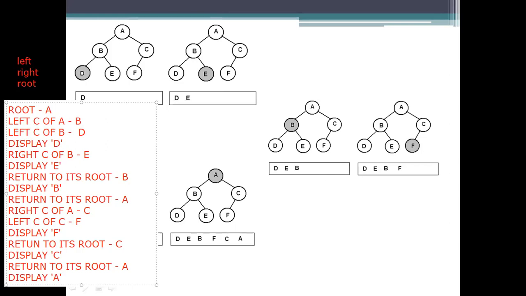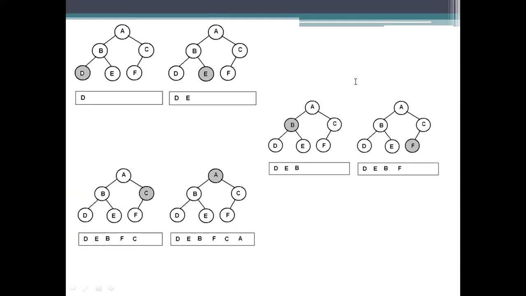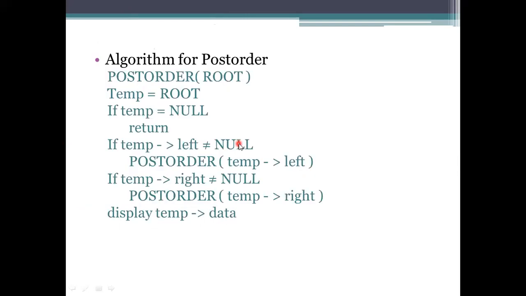Okay. So by that, we need to process this one. We need to visit the left node, and we need to visit the right node, and also we need to process the elements of that left and that right subtrees. After that, we need to go for the root node. So that is a basic representation of the post order traversal we are using. Let's see the algorithm here. So the first one here is, we need to see what is the root here, and we need to process that thing.